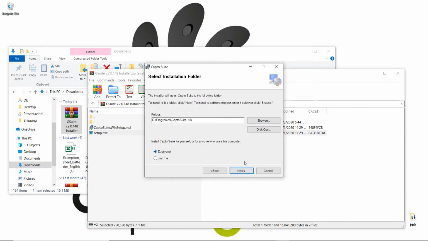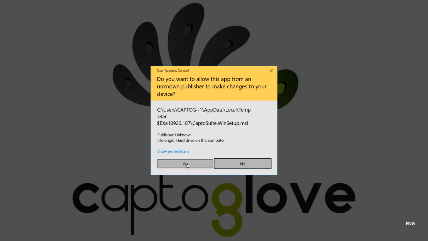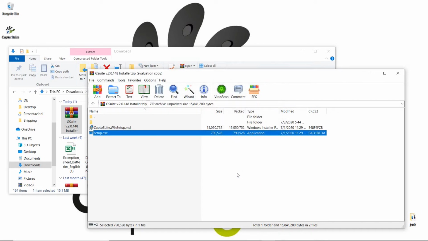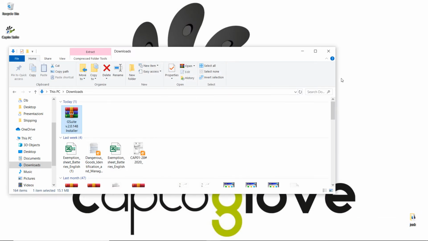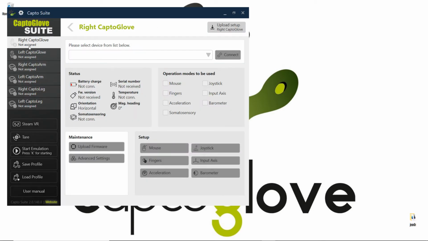And then I'm going to press for everyone, press next, next, yes to this picture, and then close. So now close this one as well, this one, and here we have our CaptoSuite file. Double click on it, automatically opens, and it will automatically connect any gloves you might have